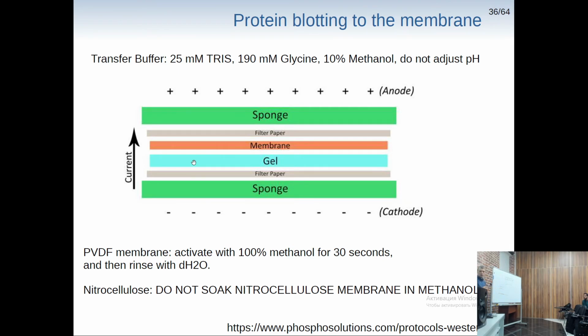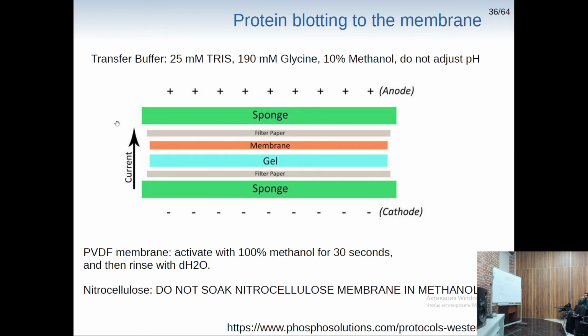And nitrocellulose is actually a kind of almost paper, though it's really flammable, so don't try to put any fire on it. And nitrocellulose is hydrophilic, you don't need any methanol to make it work. So for PVDF membrane, we need this pre-treatment. For nitrocellulose, it's not needed. It doesn't mean that something will happen, but we just don't need any additional treatment for nitrocellulose. And we have to